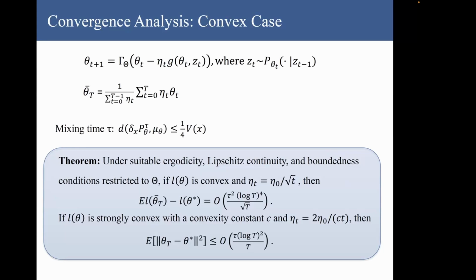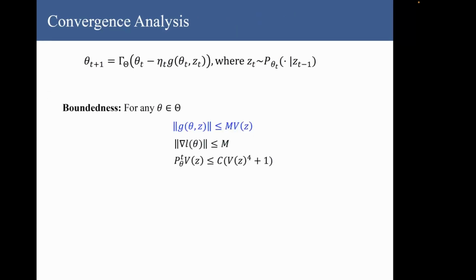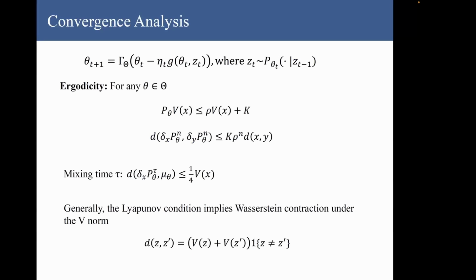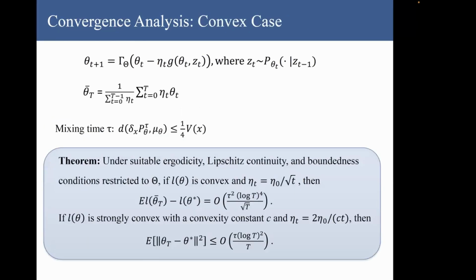In your previous slides, you assumed fast mixing, like exponentially fast mixing, right? Yes, exactly. If there is no fast mixing, can you still get these results, or do I need to assume this type of exponentially fast mixing here? Thank you. There are a lot of additional things that can be developed here. And you don't have a lower bound for